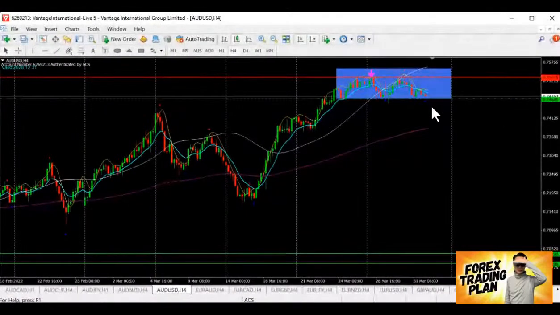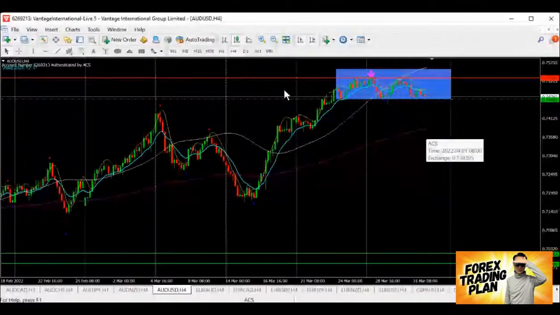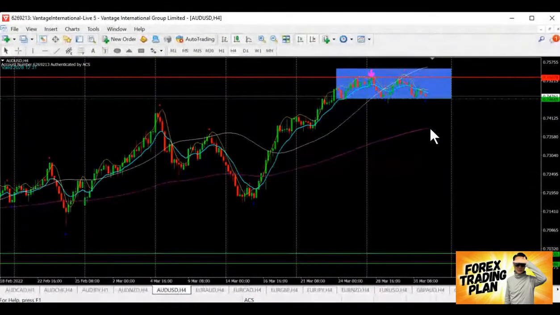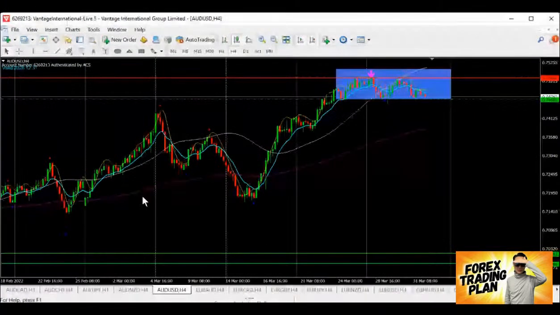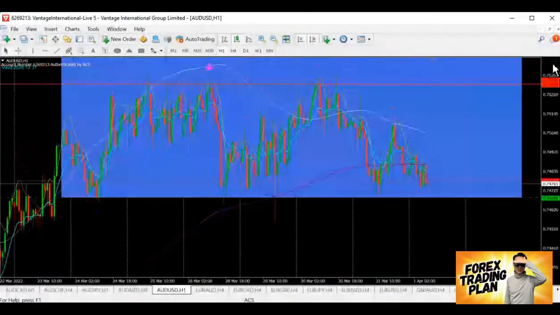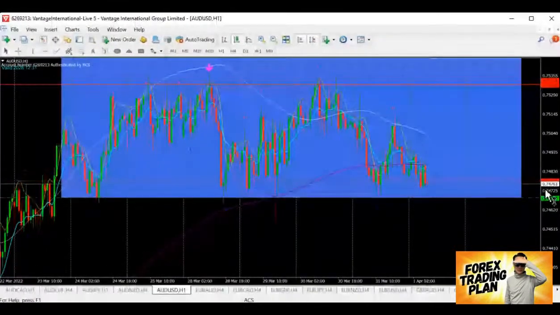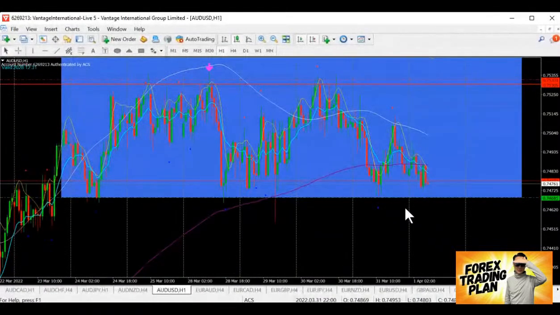Unless it breaks out of the transition area, then we'll have a good space to short for about 70 to 80 pips before it actually hits the purple line, where it will respect the support level. So then we will just move again to Aussie dollar. If you're asking me whether I'm going to sell this Aussie dollar, I would say probably I will, unless it breaks out of the transition area here.